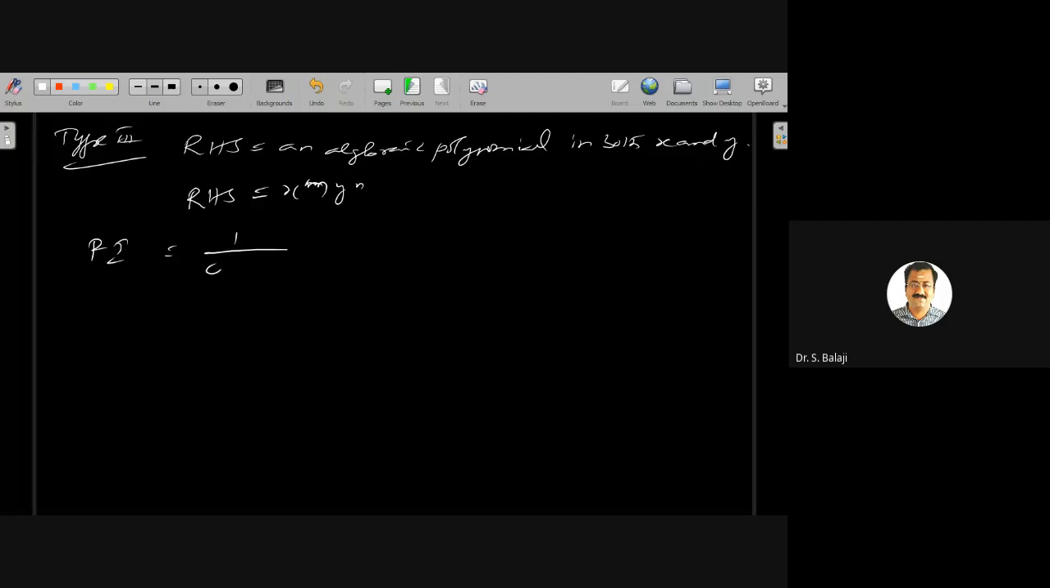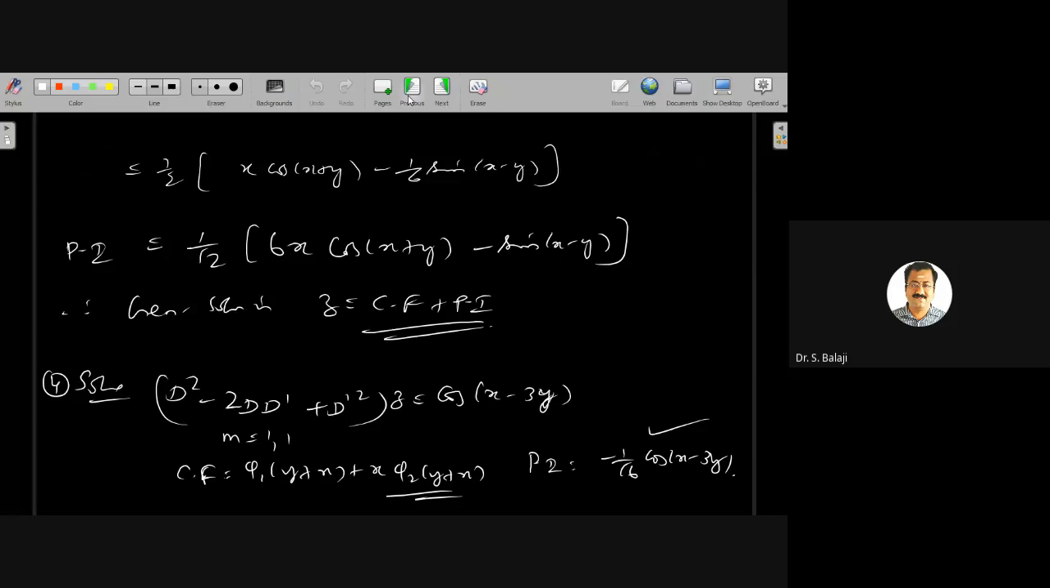In this case, your particular integral equals 1 by function of d comma d dash, x power m, y power n. Here, all the equations we consider end up starting with d square then d dash square, otherwise definitely it ends with the d dash square. Every time you can find a derivative. Therefore, in that case, you have to take